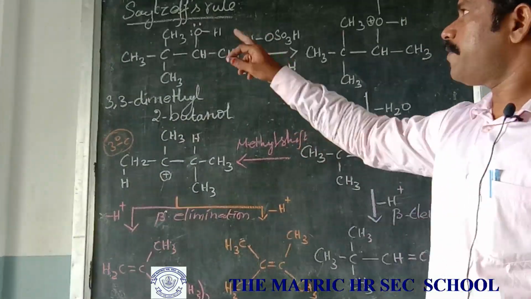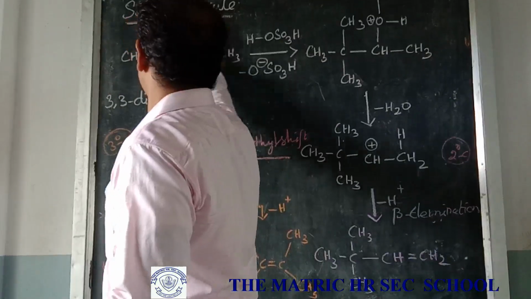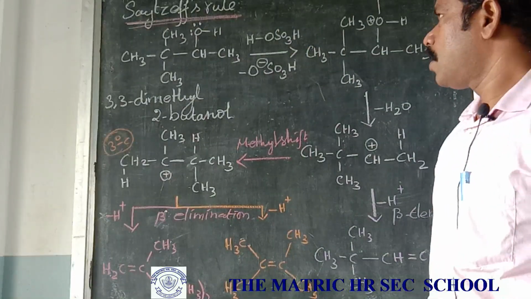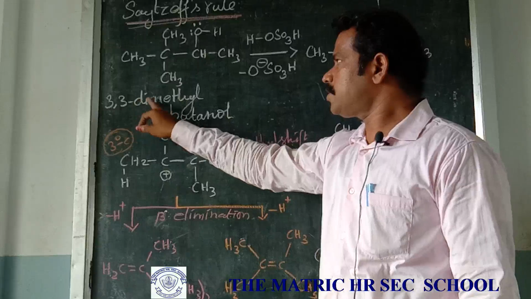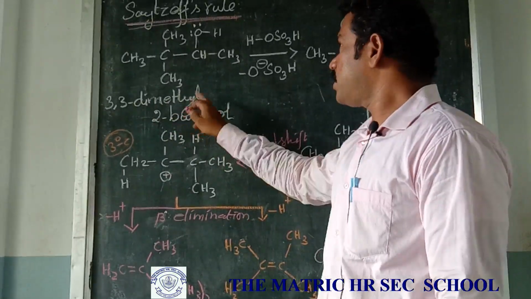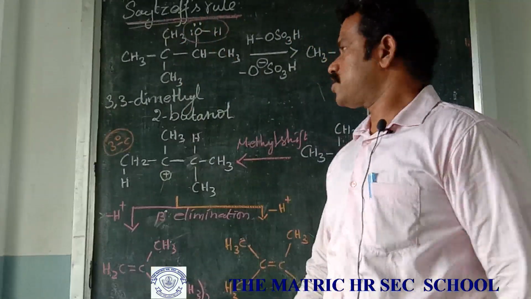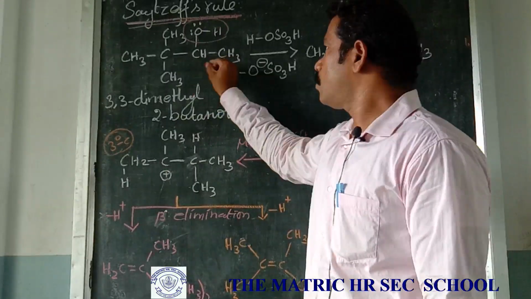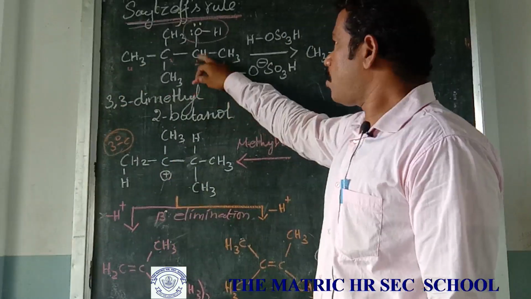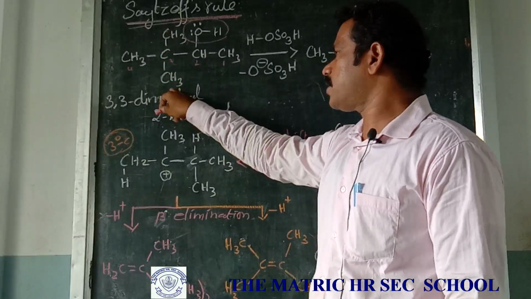Okay students, then you will go to the shift rule. It is very important. Another one among the chemical properties of alcohol, a very important reaction, the shift rules. You will take the 3,3-dimethyl 2-butanol compound. So what is the name? The hydroxyl group is the functional group. So 1, 2, 3, 4 carbons. The second carbon has the hydroxyl group. On the third carbon, alkyl groups are present.